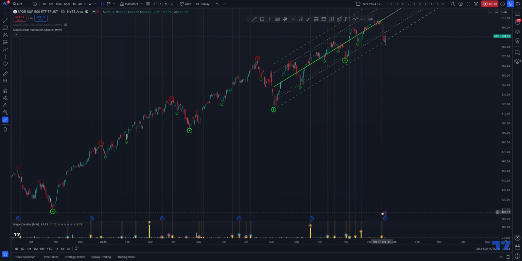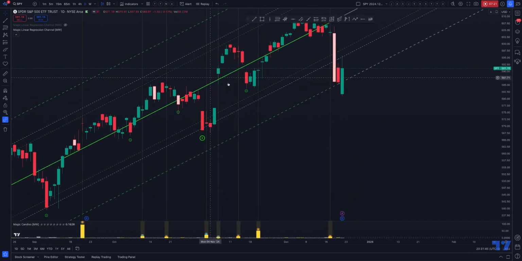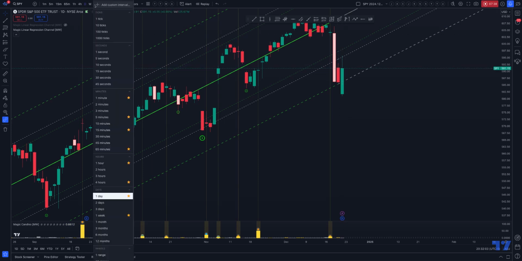And so on the daily, we see that there was a bounce down from below this band. But what I noticed is that the opening price from yesterday is very near to the closing price of today. What does that mean? That means that if we look at a 2-day interval, then we're going to get a doji there. So what I'm going to do is add a 2-day interval,